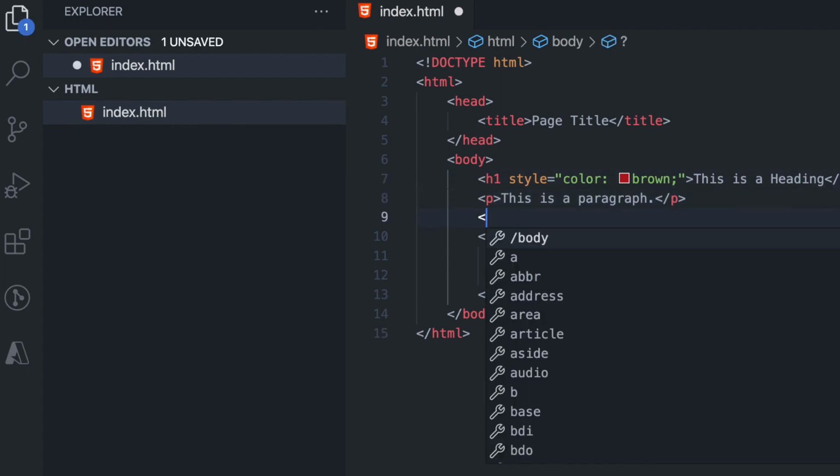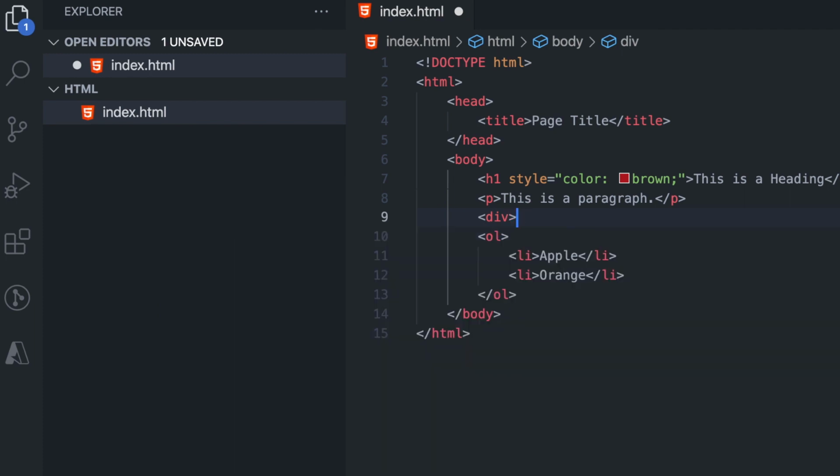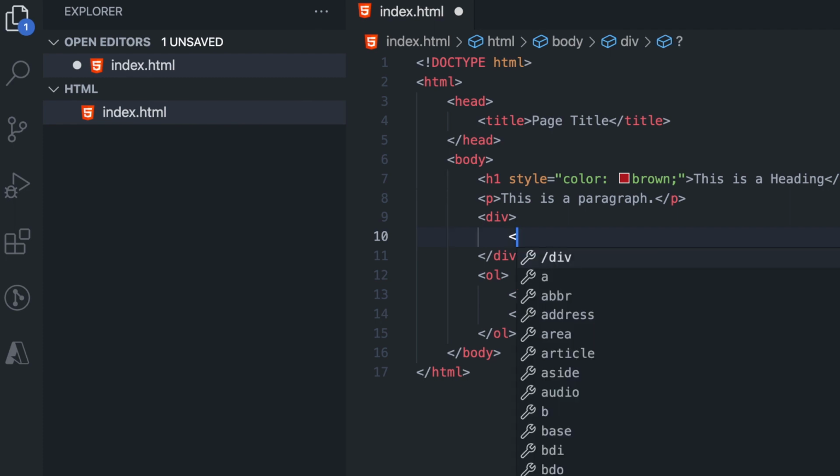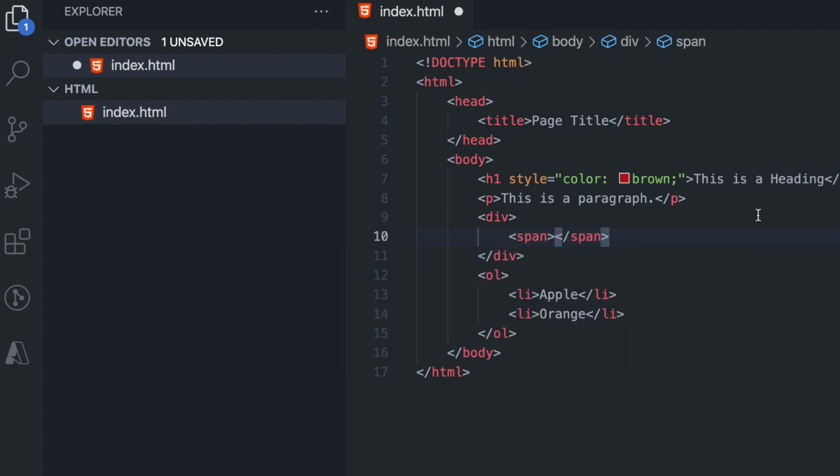One more thing which is very important is div. So div is like a division of the page, which we are going to use most of the time in our future code. And another thing which can go inside this is span. So these are two more things we will be using except for these tags. For our project, as you will see, we will not use this many tags, and generally in our projects also we don't use this many tags. We just use different kinds of styling to make things look different from each other.